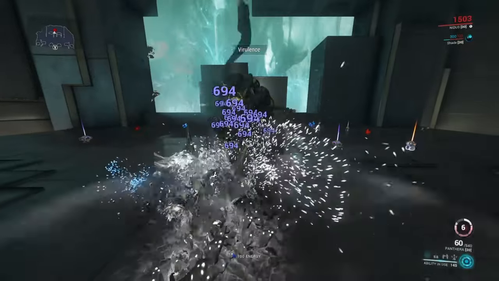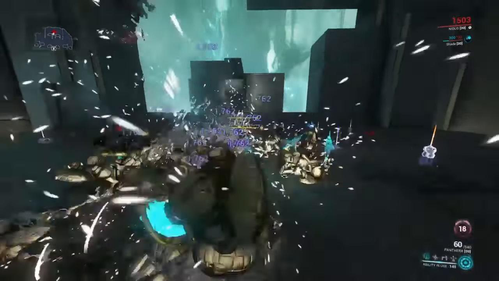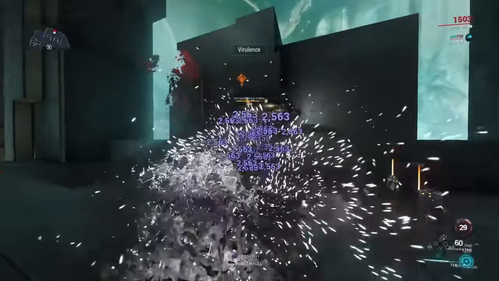And as you see, for every enemy hit, I'm actually regaining the energy and mutation. So yeah, this is a little trick though, if you hug a wall, when you put down